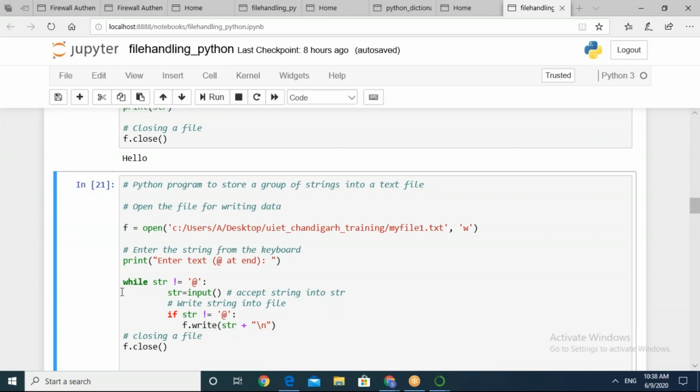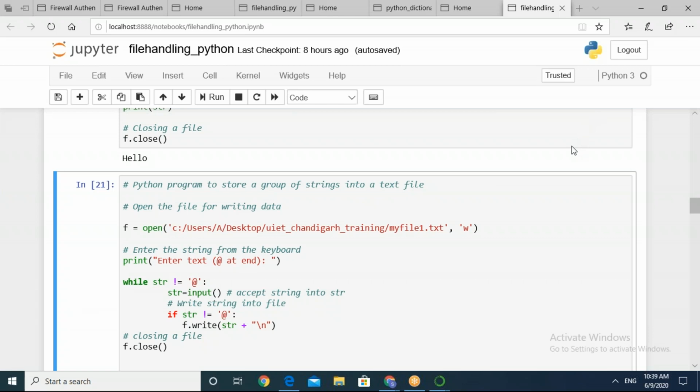I'm printing 'Enter text', and mentioning that at the end I will put @ to end the file. It is just an indication that if I enter this at the end, it will stop taking the data. This I'm maintaining using a while loop.